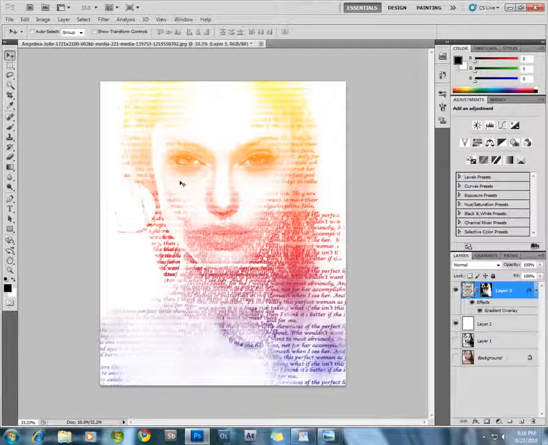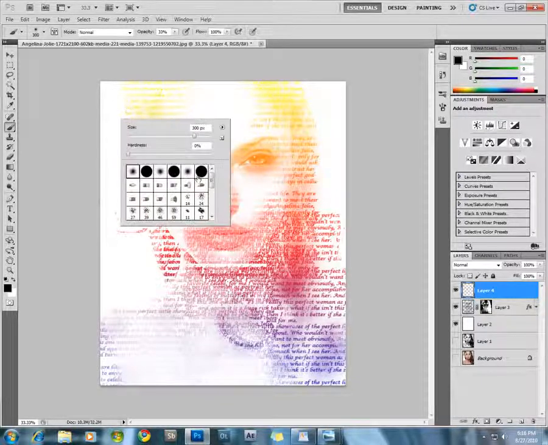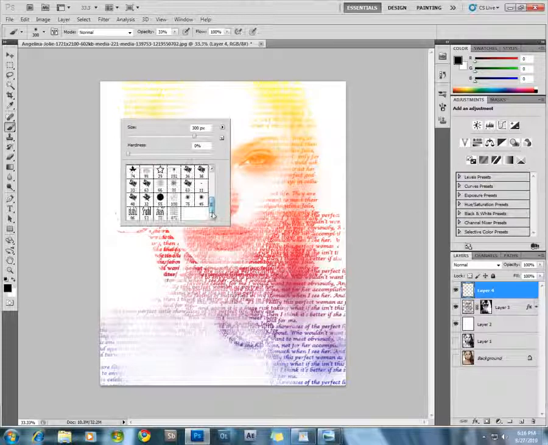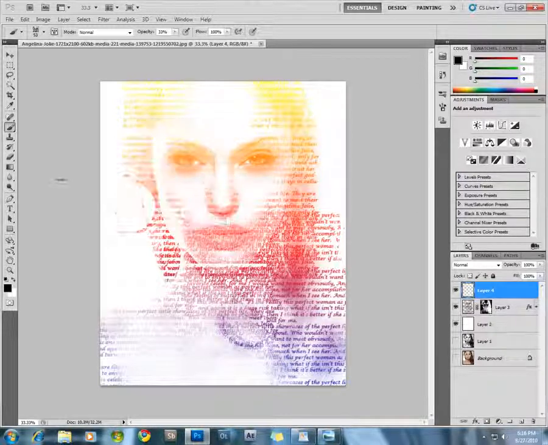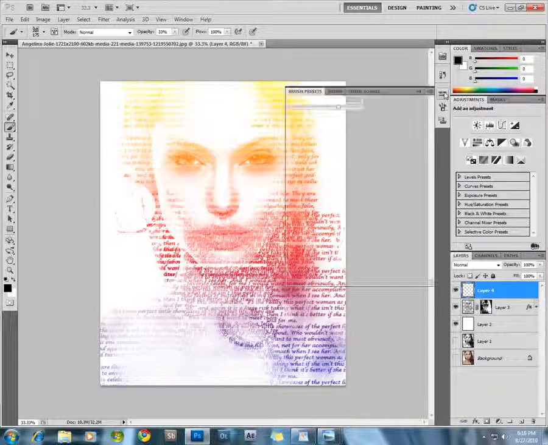Now if you want a single letter to be repeated over and over again, you could do that also. I'm going to show you an example. Just add a new layer, and I have already made a brush preset of my name on it. So there we go. Increase the size, and from the brush presets window,